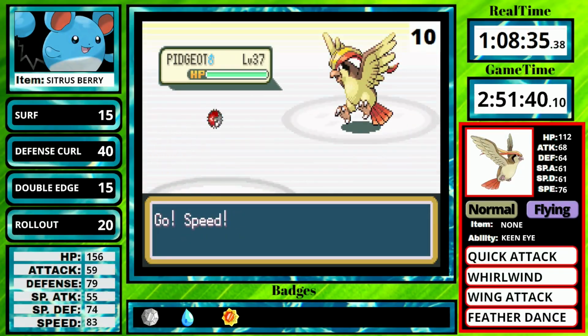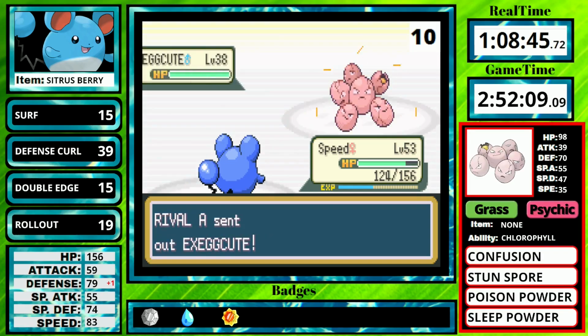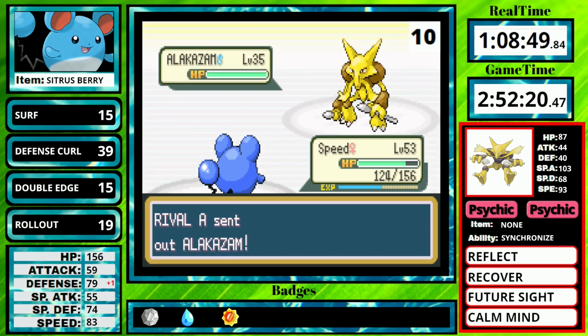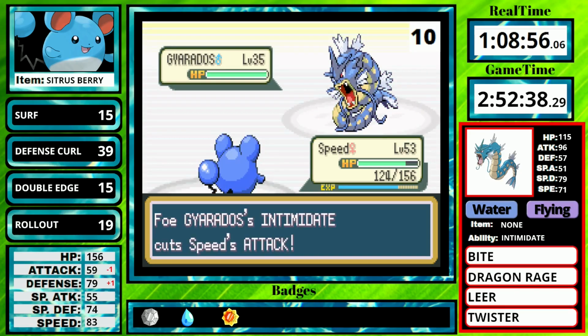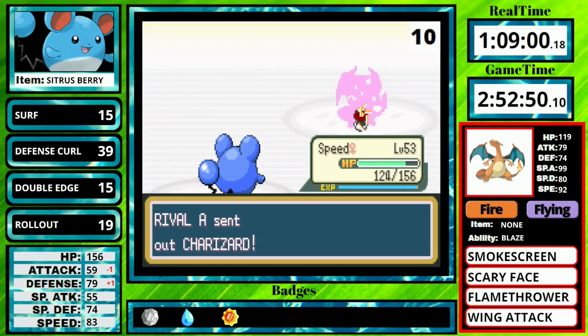If the last couple of rival battles went bad, I would hate to see how this one goes. In this battle, I use one Defense Curl on Pidgeot, and then I have to keep up an entire Rollout chain to knock out the Pidgeot in 2 hits, followed by Exeggutor, Alakazam, and Gyarados in 1 hit. And then on Charizard, I just use 2 Surfs. I have to reset if Rollout ever misses, but luckily for me, that doesn't happen, and I win the battle